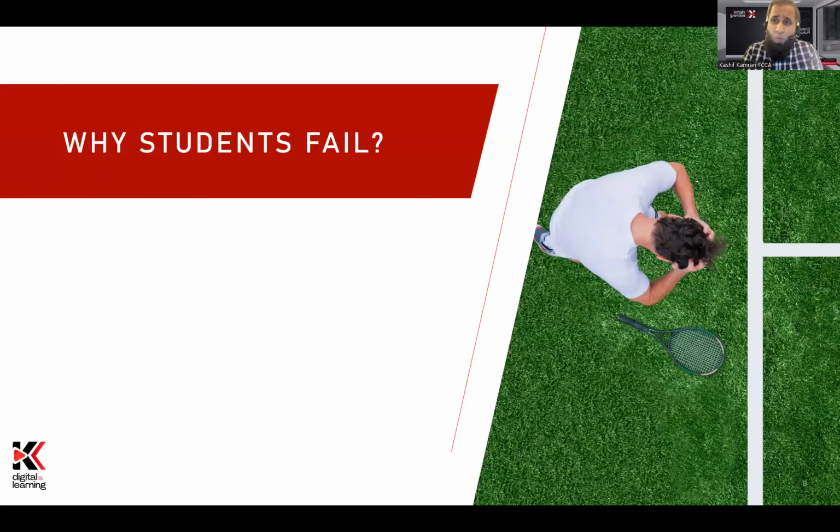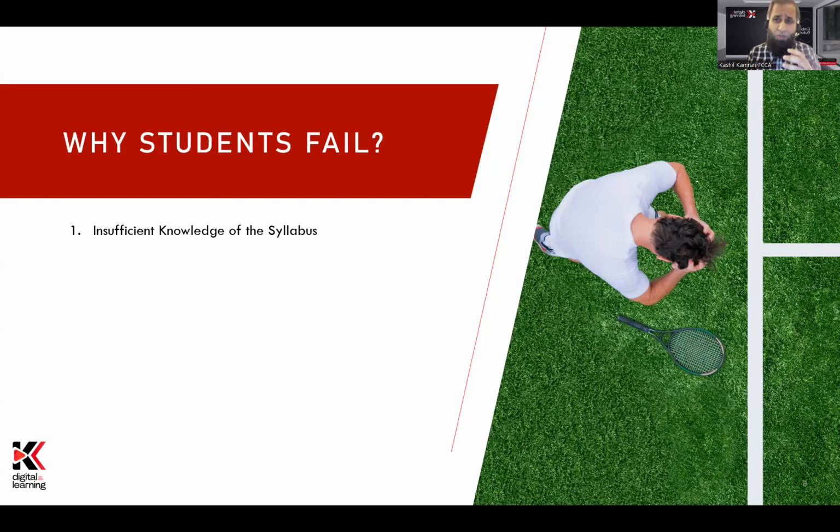Generally, talking about why students fail in the AA paper, you will get to know more about this once you start my course and you go over the syllabus areas A, B, C, D, E. The more you interact with me and the more you go into my course and listen to my course, you will get a better idea of why students fail. But in this orientation session, I would just like to quickly emphasize the top reasons why students fail the AA paper. Number one, insufficient knowledge of the syllabus.